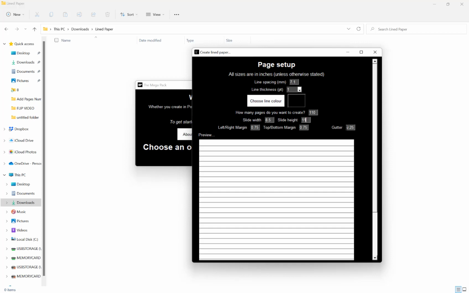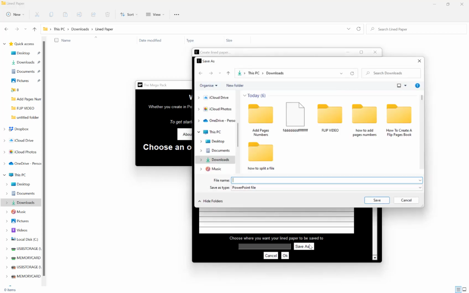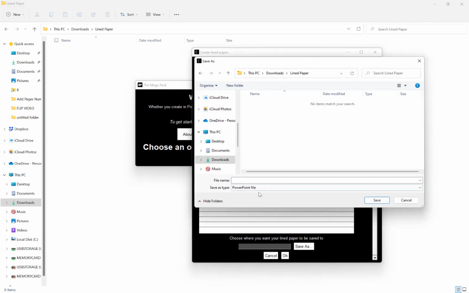If you're unsure what size margin you should have or what the correct bleed size is, then do consult KDP's website, and that will give you all the different guidance for different trim sizes, different page amounts, etc. So for here, I'm just going to leave left and right both on 3/4 and top and bottom on 3/4, and then I'm going to put my gutter at 0, hit save as, and then here we have